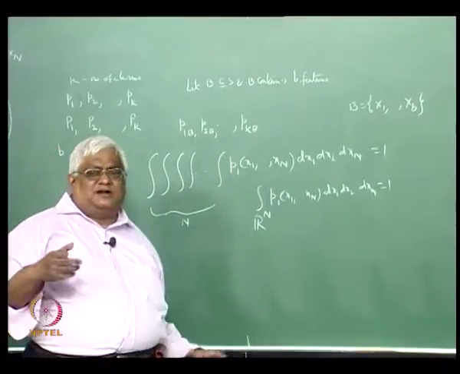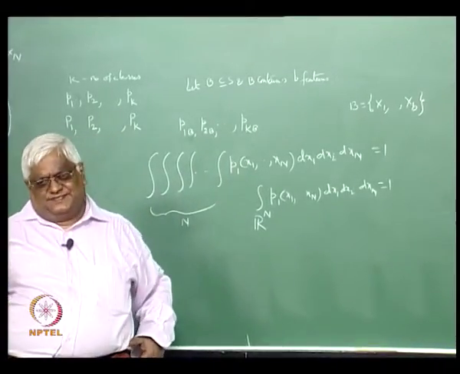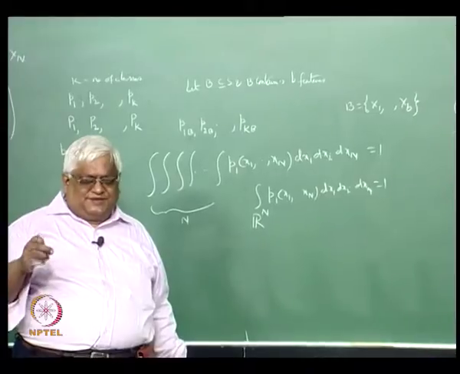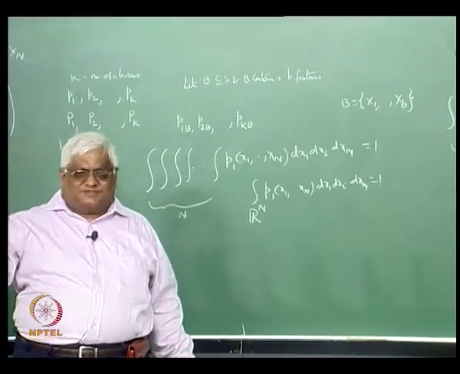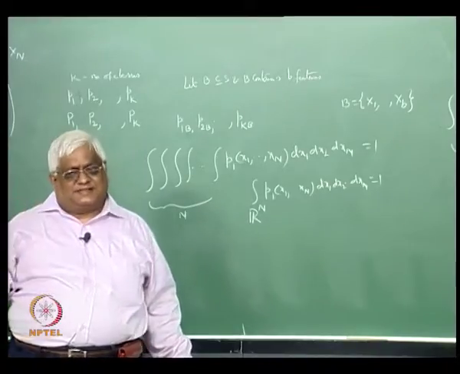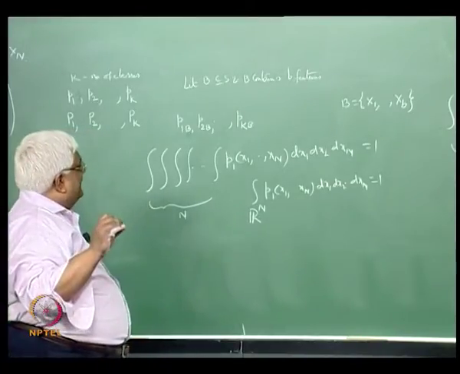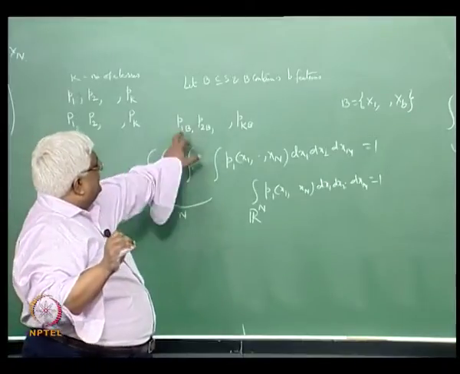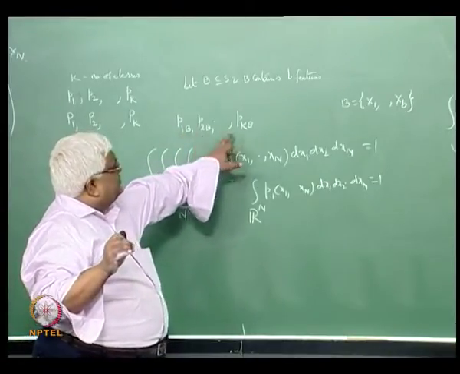These are actually called marginal density functions. You are doing the integration with respect to the rest of the variables, so that the variables that you want will just remain as they are. Okay. So, once you get this P 1 b, P 2 b, P k b,